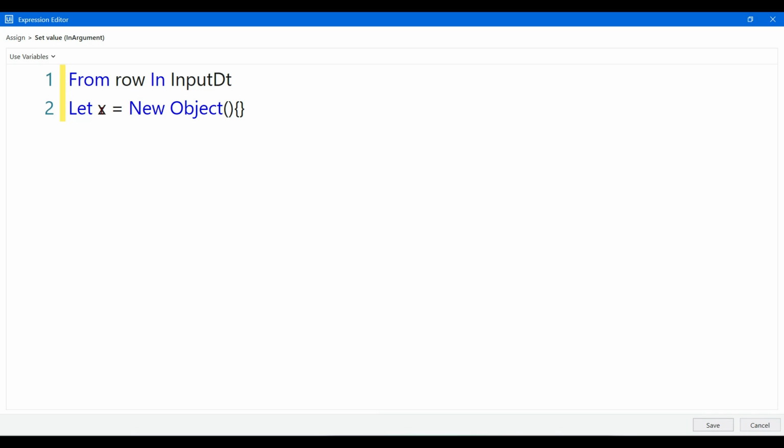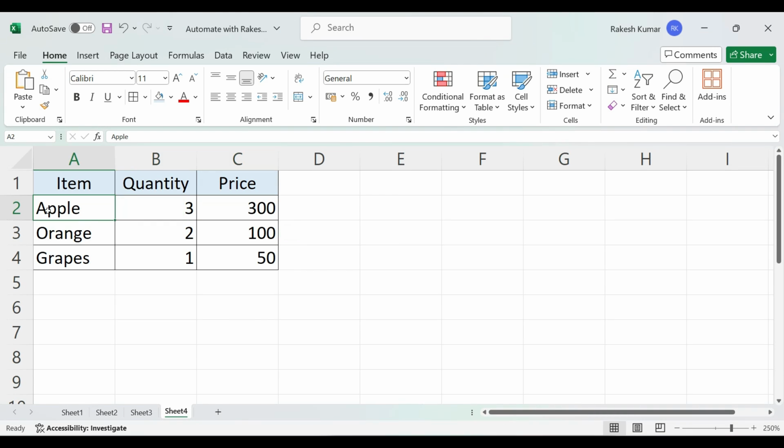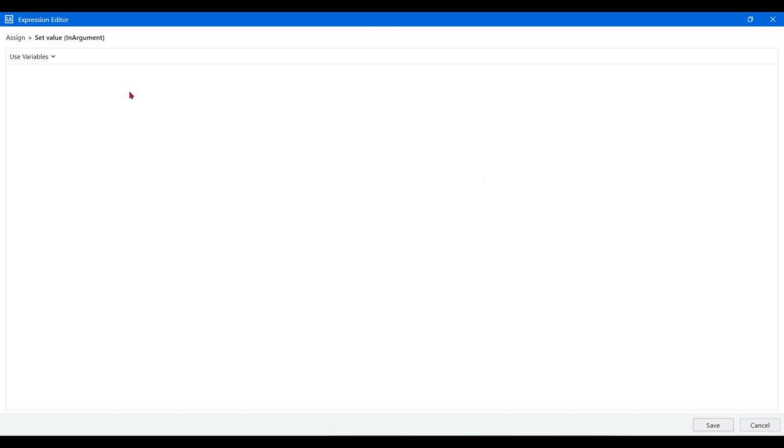So here I simply said let x new object. It's just a collection of objects. And what are the objects inside that? I can define within these curly braces. Now let's define. The very first object I want to keep is row. Understand, this is important: when I say row, it is representing this entire row. That means it represents item, quantity, and price in the values. So I will say row